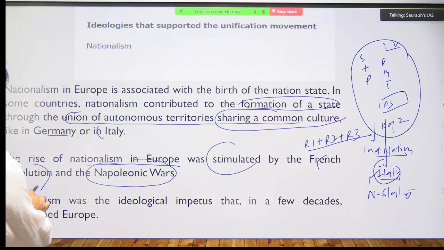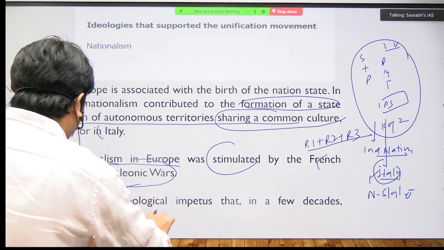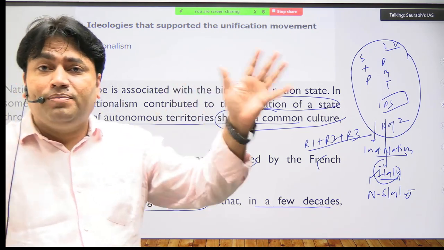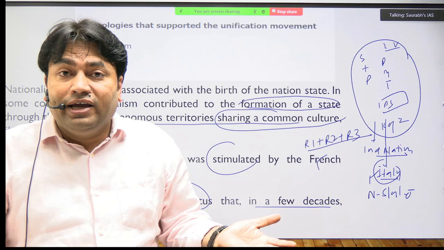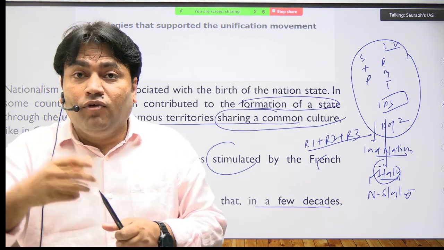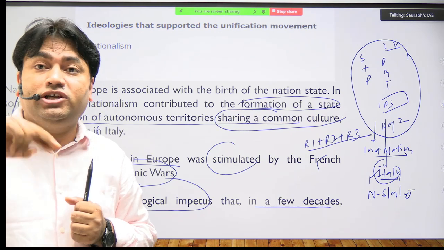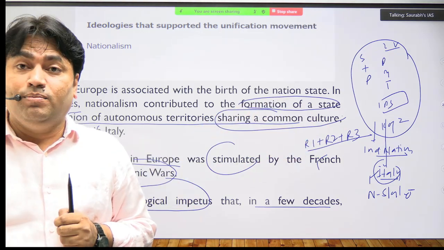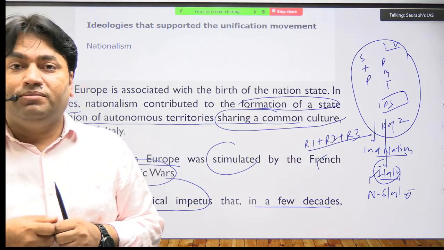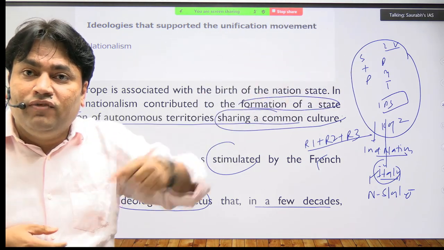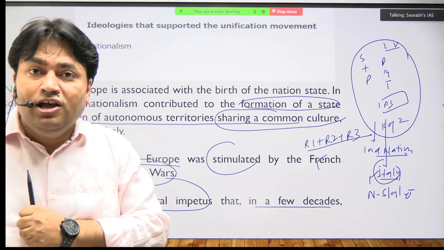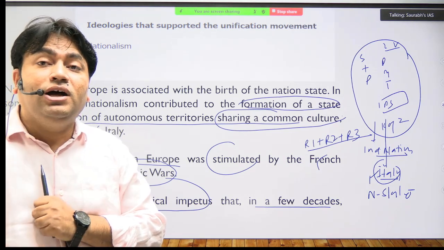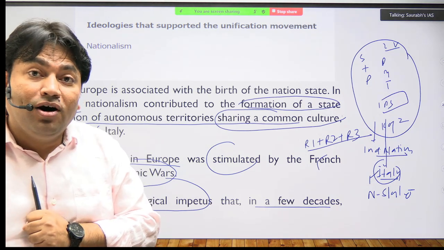एंड व्हाट इज नेशनलिज्म हियर? सो नेशनलिज्म वाज द आइडियोलॉजिकल impetus that in a few decades will transform the entire Europe. And how you will explain this, I will discuss later. That what is the impact of birth of these two nations? What is the impact of change of political boundaries? क्या होता है impact? New imperialism will come. पहले क्या था? Imperialism. फिर क्या आ जाएगा? New imperialism. Right? Fight for colonies, colonial rivalry will increase, and this will be one reason for the outbreak of फर्स्ट वर्ल्ड वॉर. मेरी बात समझ गए?